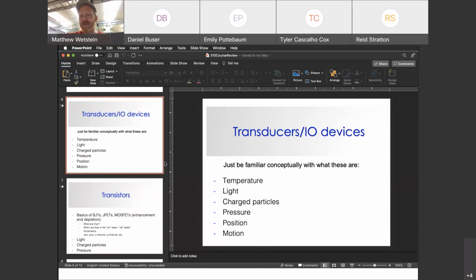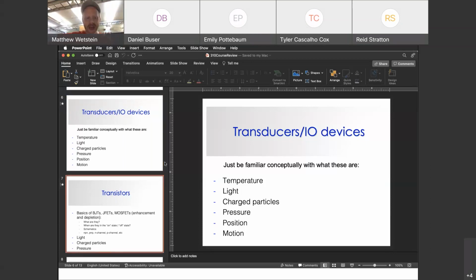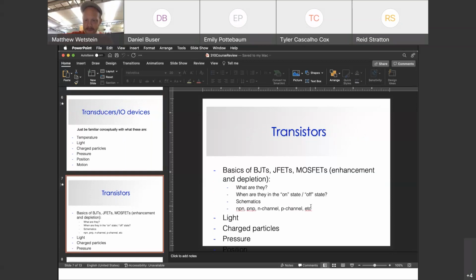So I don't think I'm going to ask any rigorous questions like fit the single photoelectron peak of a pulse height distribution for a PMT or anything of that sort. But I might frame the problems in the language of using a particular transducer or I/O device, and you should know enough of what it is that you get the problem. But that's all with that. This should be red, but other than that,